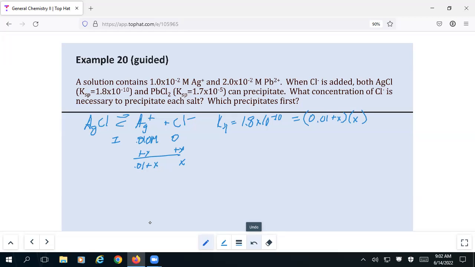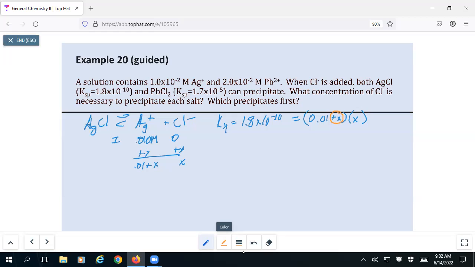We could certainly check and be sure. We could also solve the quadratic, but as I mentioned in yesterday's class, the easiest way to check is if you solve it applying the 5% approximation, and the